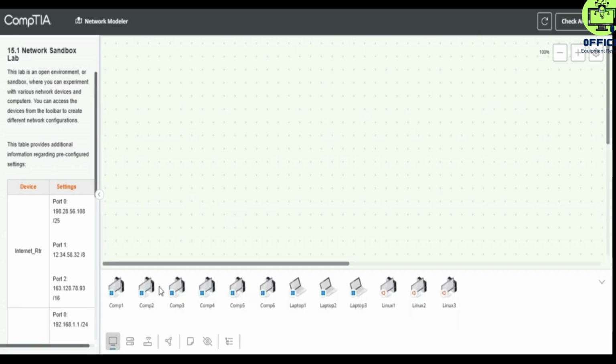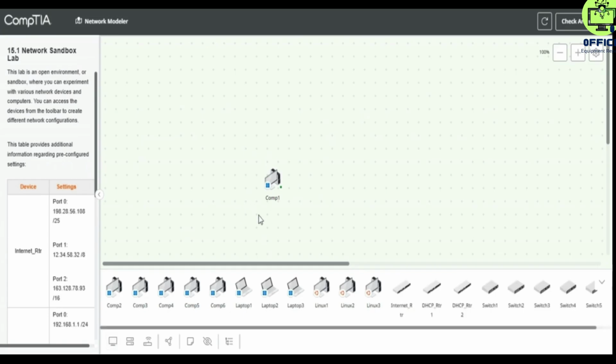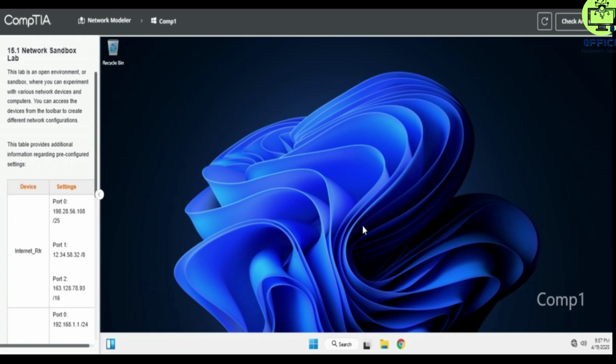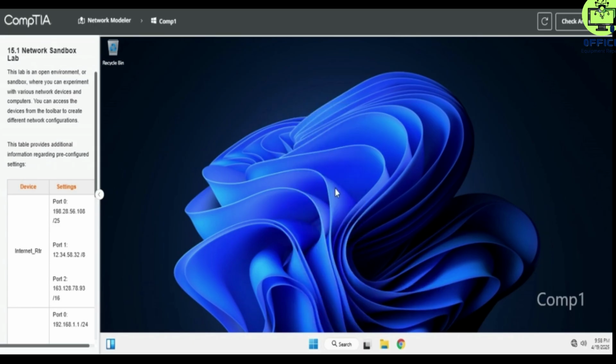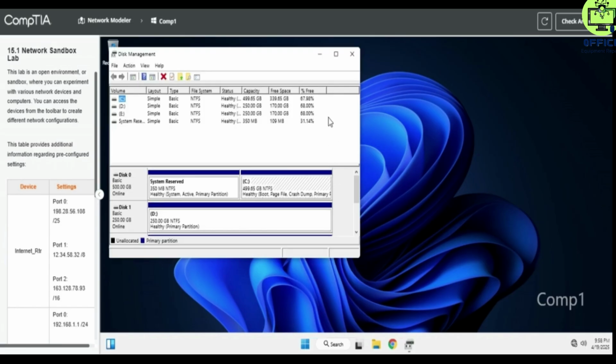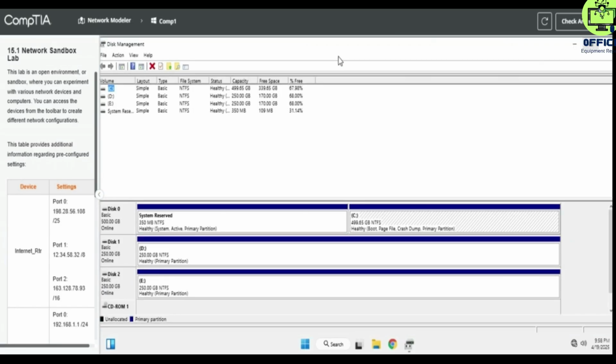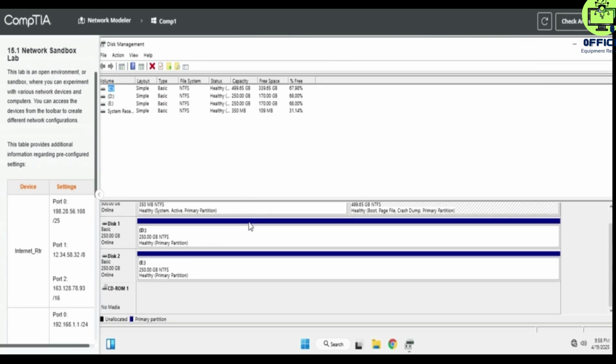We click on this and bring in comp1 here. We'll launch Windows. Go to Start and go to, let's see, Disk Management. So let's expand this and